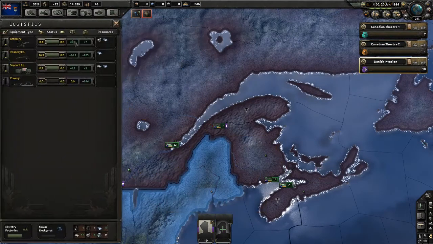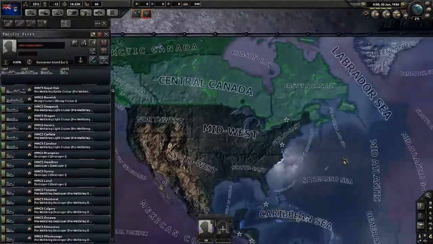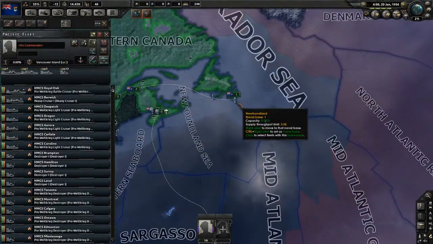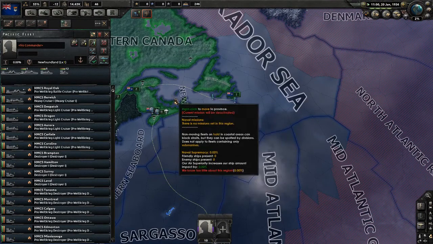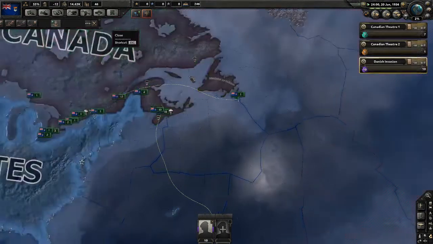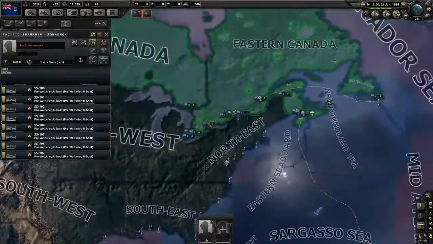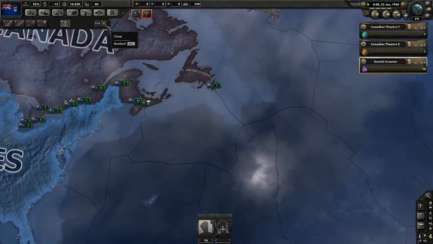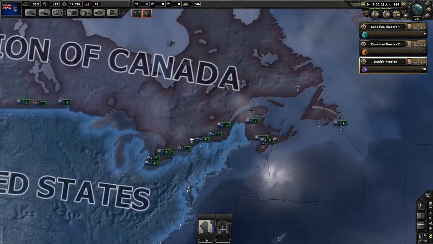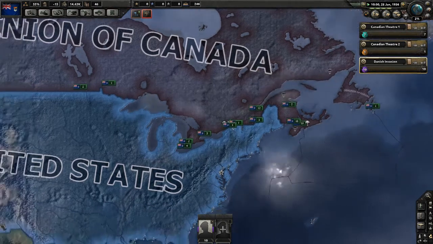I think I'm doing good on logistics. I'm not short on anything. Okay. These ships are going to come over here. Yeah, so that's their home base. These guys are coming over here as well. Okay, now the...